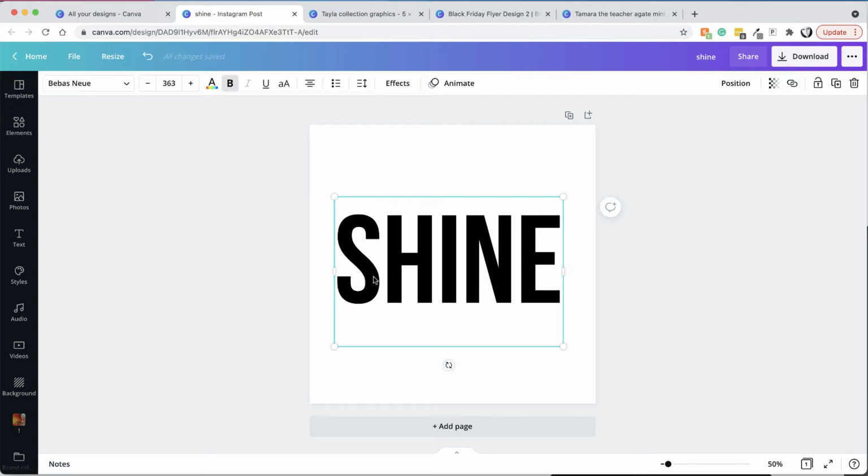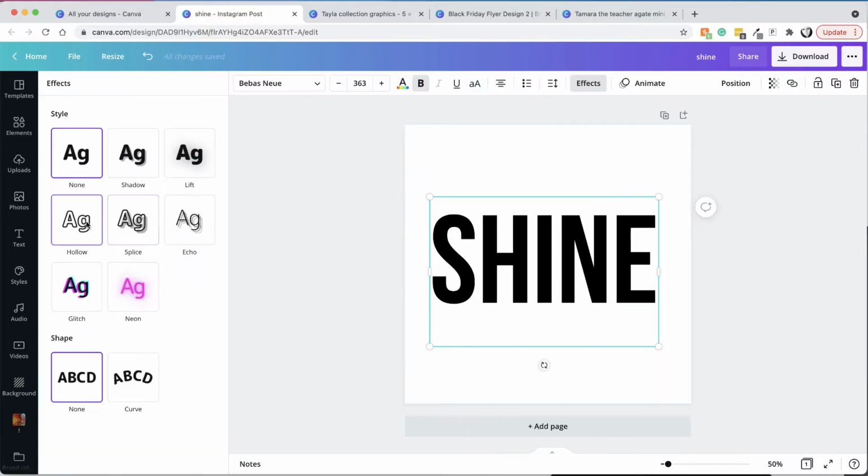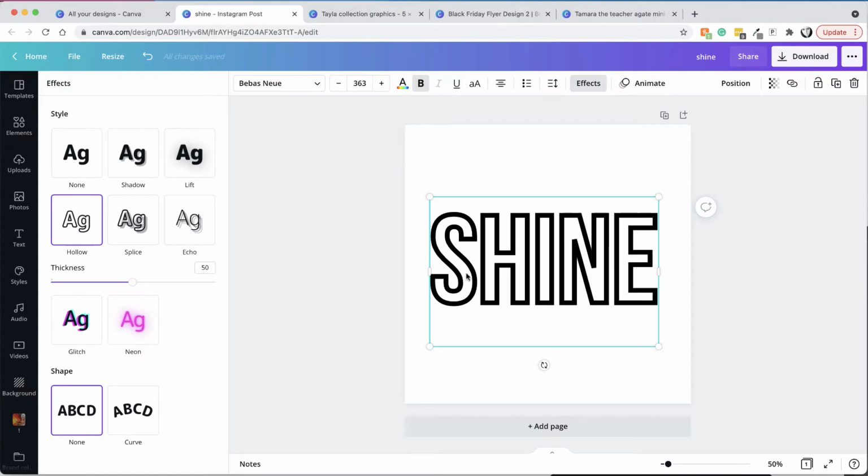So all we need to do is click on our text, go to effects, and this time we're going to have a look at hollow. Now with hollow, basically it takes all the inside out and just leaves us with this outside part. We can adjust the thickness, so we can make it really thick, we can make it thinner, and just to